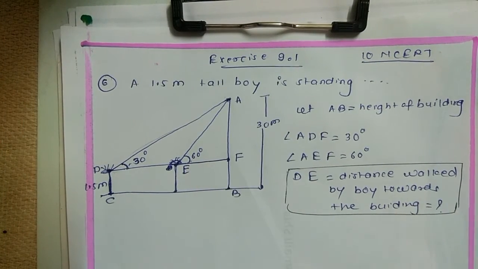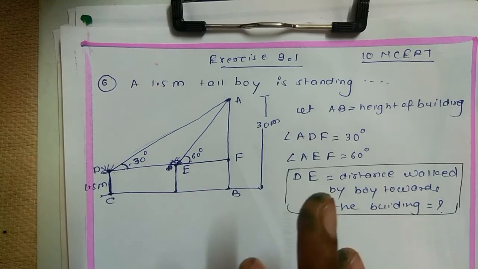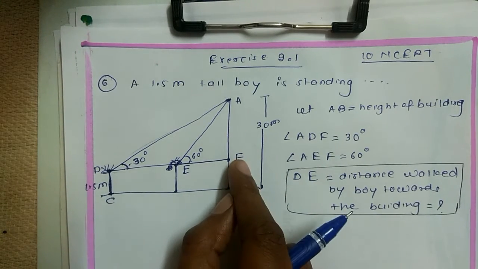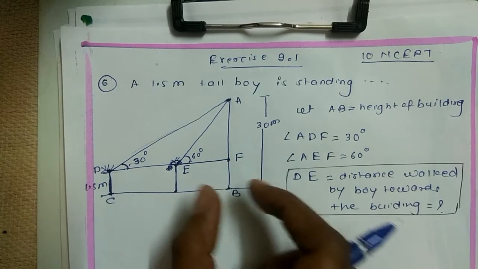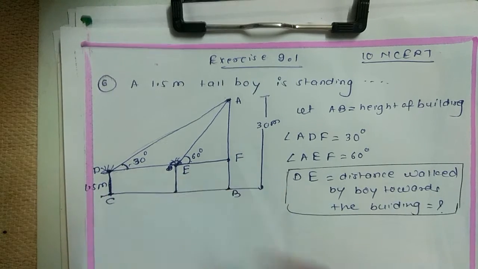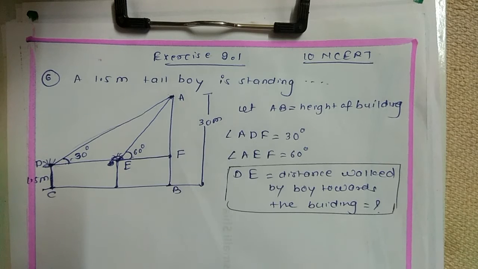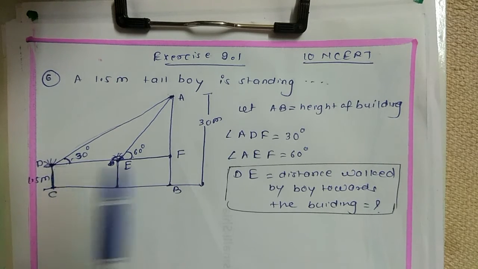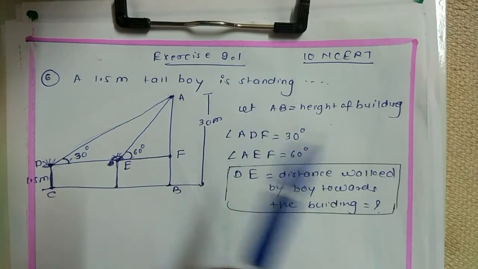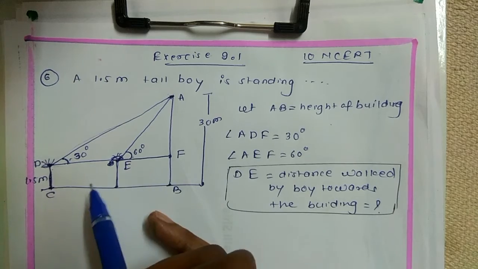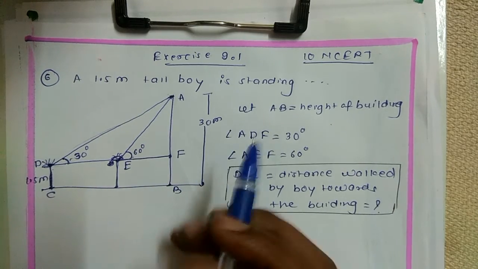So we'll start here. To find out D, if you know DF and if you know EF, then from DF you can subtract EF, so that you'll get D here. So I hope you understood what you have to find out first. So from DF, if you subtract EF, you will get D, isn't it? So one by one we'll find out EF and then we'll find out DF.